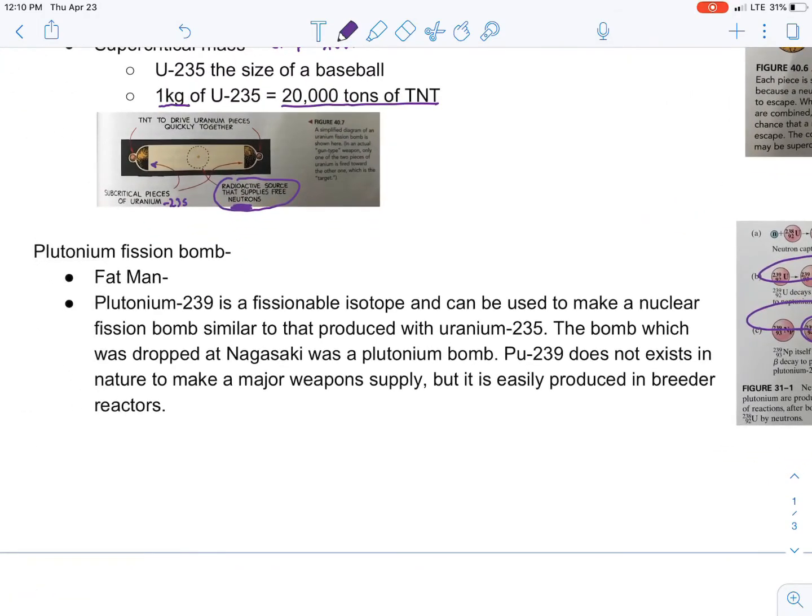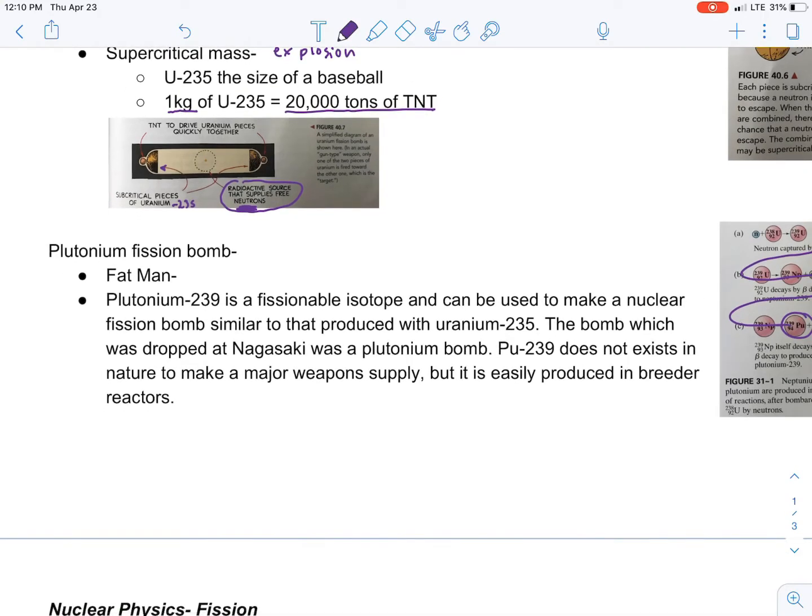So they had to make this new fission bomb, and it was Fat Man. Now, this Fat Man was the one they dropped on Nagasaki. Okay, and it was not uranium, but it was the plutonium-239. Okay, now